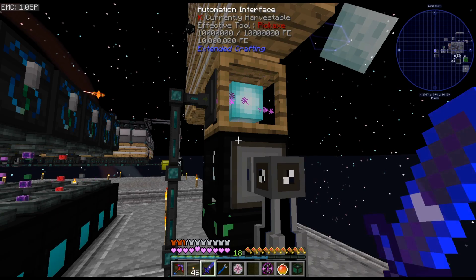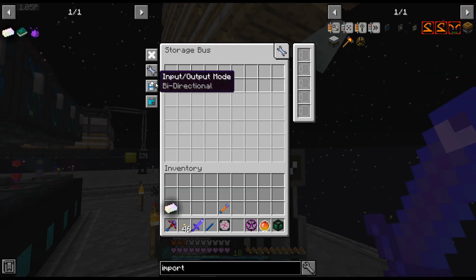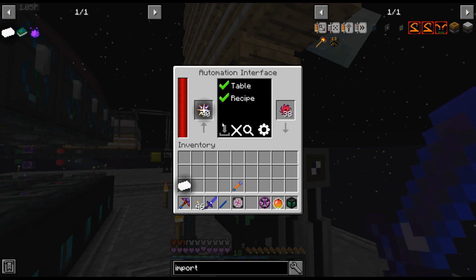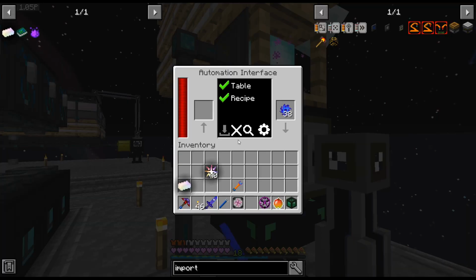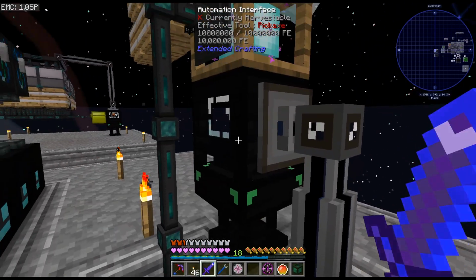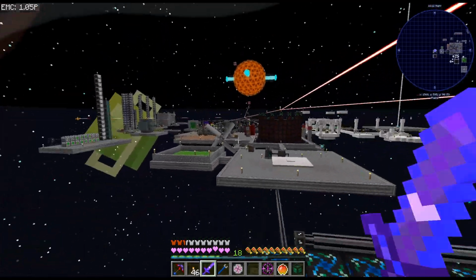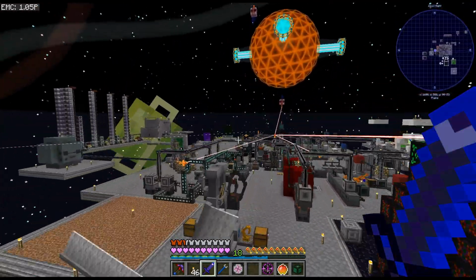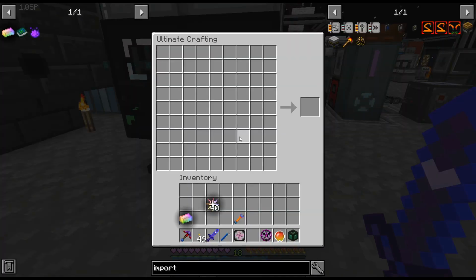All right, so I just realized why stuff was ending up in here. It's from the storage bus. So yeah, extract only. So when I was placing stuff in the AE system, it was putting it in here because of the storage bus. That's kind of funny. Or even when I was crafting up the infinity catalysts, and so when it was putting them in, it was going directly in there. Putting that up, but I think that's still...